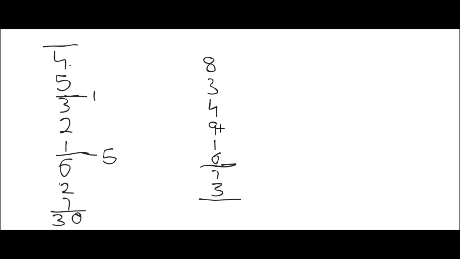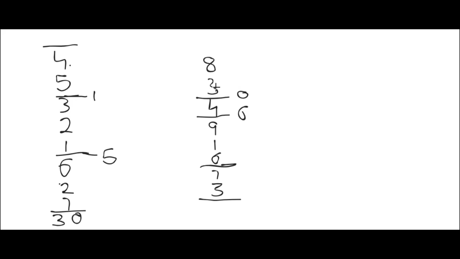So it is more than 10. So we need to mark here, and how much more did we get? 6 more than 10. So we need to write here 6 and this should be added to the next number, that is 4. 6 plus 4, 10. We got 10, so we need to mark here, and how much more did we get? We don't have anything more than 10. So we need to write the 0 and this 0 should be added to the next number, that is 3.